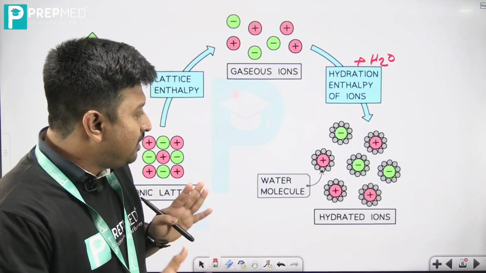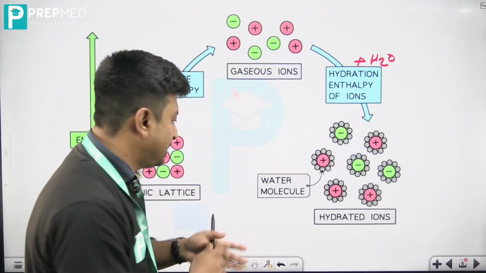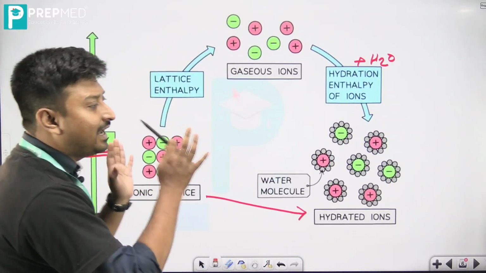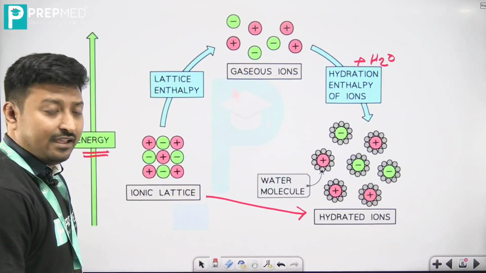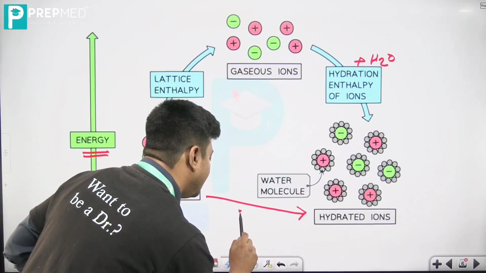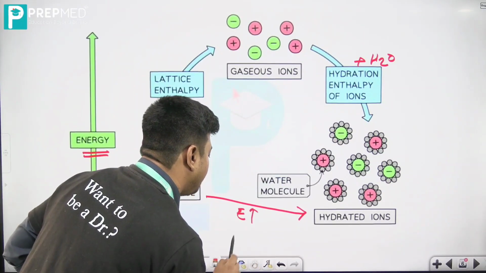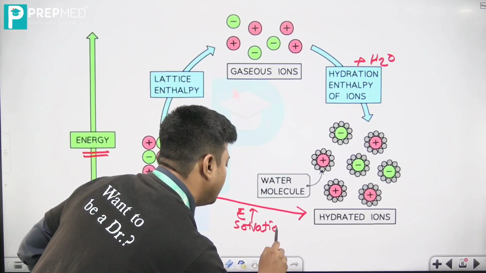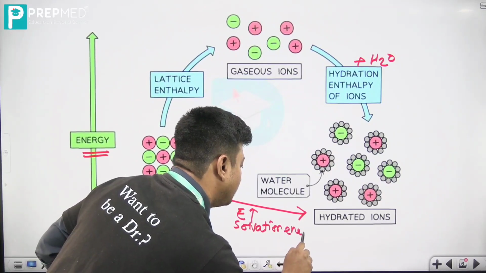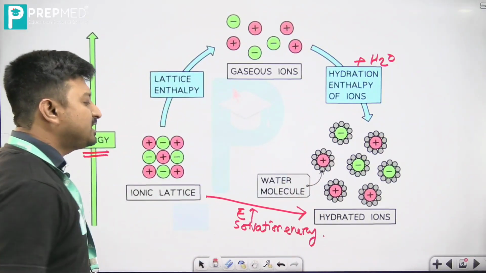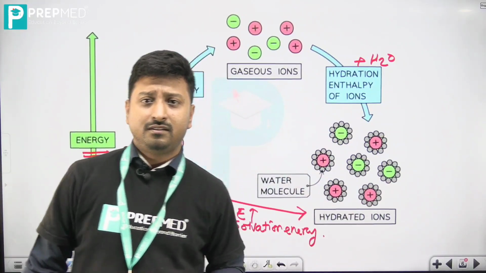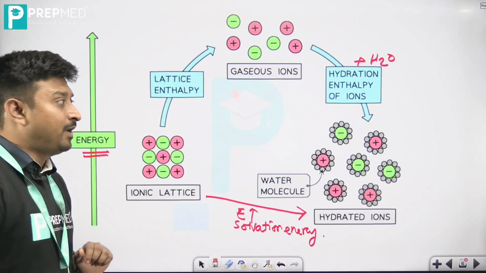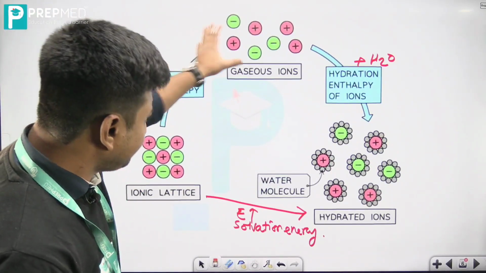Now see, अगर हम दोनों को एक साथ करें तो क्या होगा, यहां से अगर यहां तक हम जाएं, मतलब आयनिक लैटिस से अगर डायरेक्टली इफ आई गो टू योर hydrated ions, the energy required for this particular process we will be calling the solvation energy. इसके बारे में हम बाद में किसी एक क्लास में बात करेंगे, फिलहाल ये हमारे टॉपिक का डिस्कशन नहीं है, तो हम ये बाद में बात करेंगे। ओके,